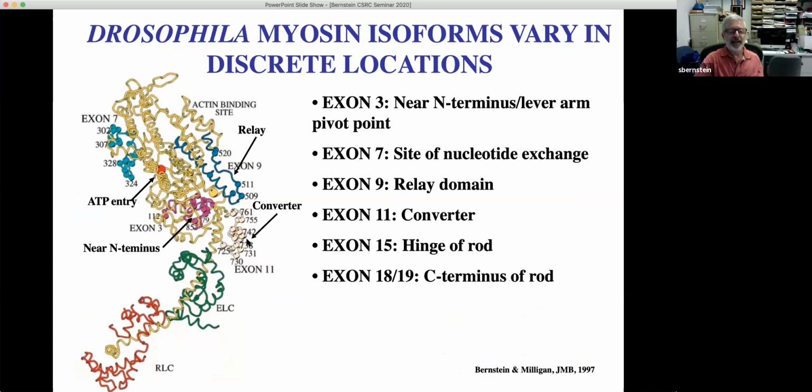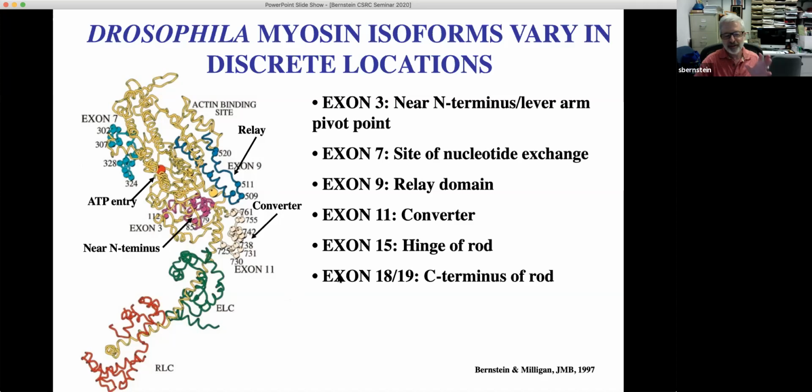This is the chicken myosin, but it's similar to Drosophila, as you'll see in a while. And here's the globular head, and here's the long lever arm, and here are the two light chains that bind. And then we have all these different exon alternative regions, and they're in kind of important areas for the protein. Like this one is near the ATP binding site. This one might interact with the actin binding site, and then down to this converter region, which interacts with the